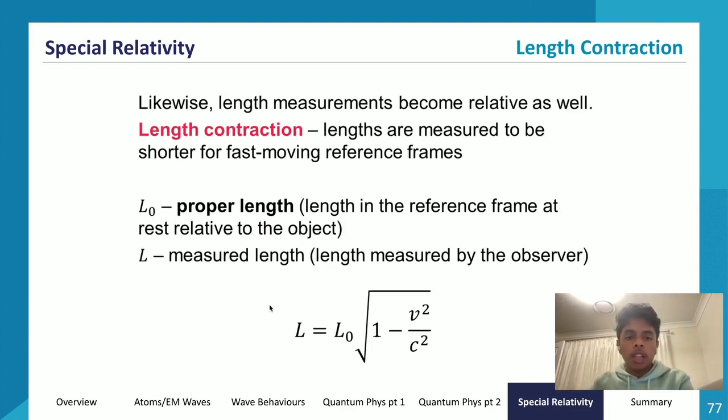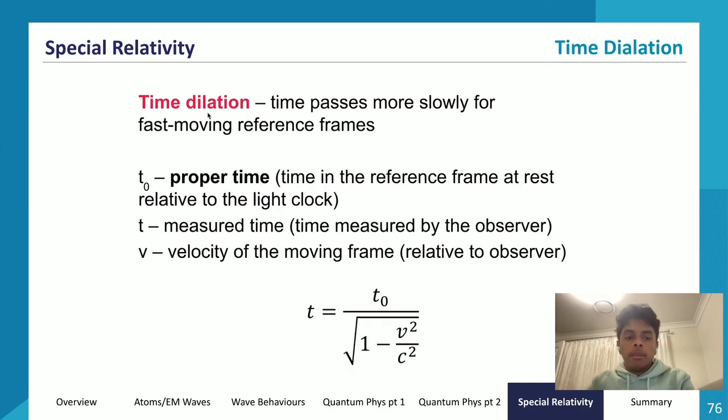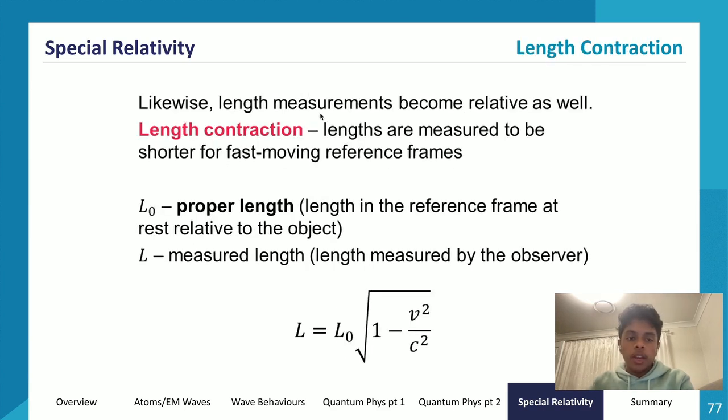We also have now length contraction. So time becomes relative for different frames of reference. In the same way, length also becomes relative. So we have length contraction. Let's say we can see outside, so we're not in a hollow white cube, we're in a clear white cube, right? So we can see the outside world. The faster I go, the more contracted the outside seems to be.